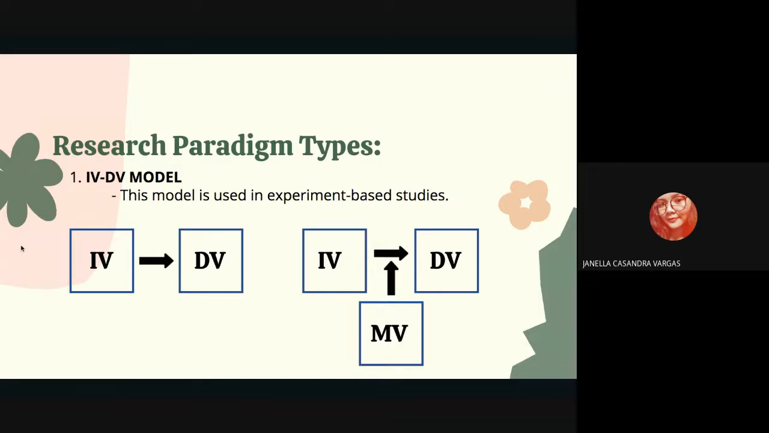One of the common types is the IV-DV model or the independent and dependent variable model. This model is used in experiment-based studies. The independent variable is used to investigate whether it affects the dependent variable or not. You can also put another box for moderating variables if your study has more than two variables. Next,